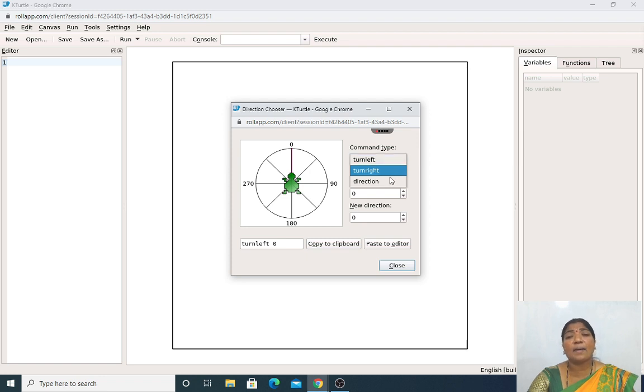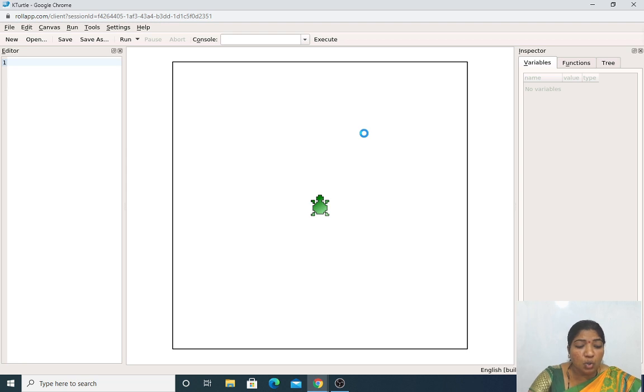These are certain commands which are present in the Tools direction chooser. In that, 3 options are there. From the command type, we have to choose the number in the previous direction. The text box shows the current position. What is the meaning of this, my dear students? We have to choose the option from the previous direction, like, just go to the Tools. The number in the previous direction text box shows the current position of the turtle.